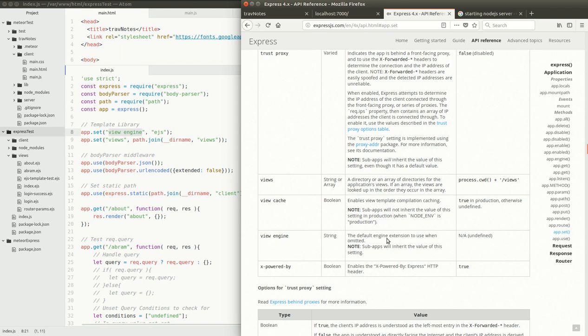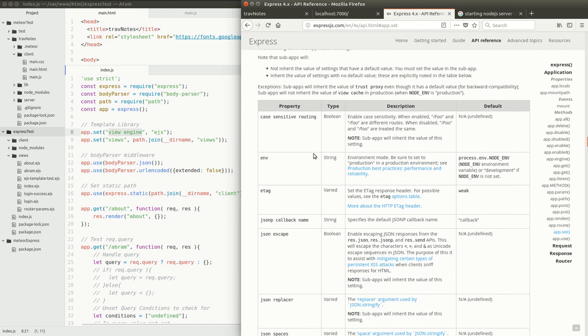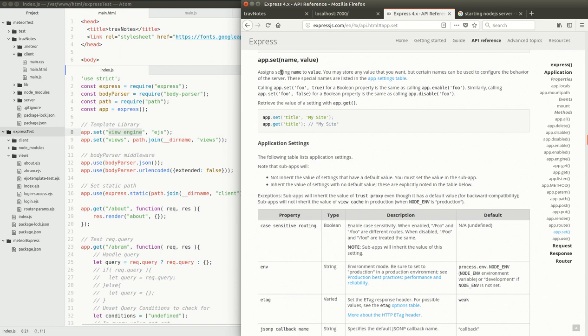The default engine extension to use when omitted. I will inherit this. Cool. I just wanted to know what that word does. So that's an official app setting. So app.set is just setting key value pairs, name value pairs that you can use later on with the get method. So get is not our HTTP get method, I guess, in the same sense of regular JavaScript. But as far as the app is concerned,